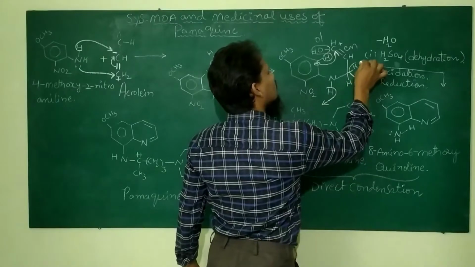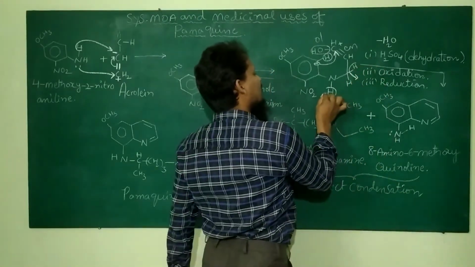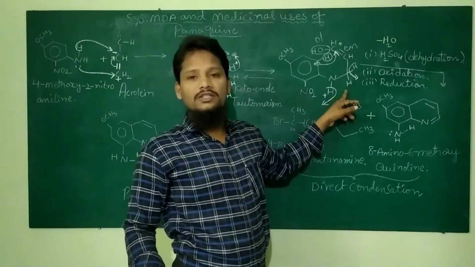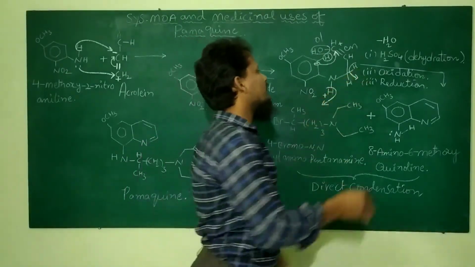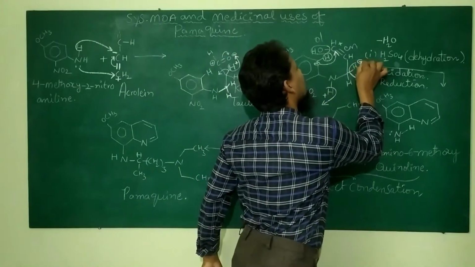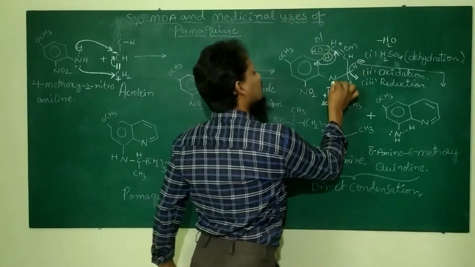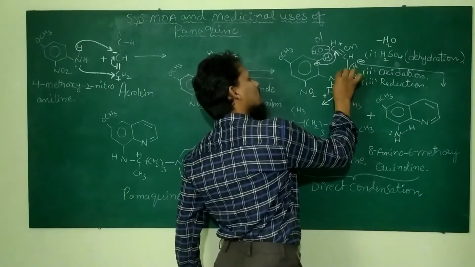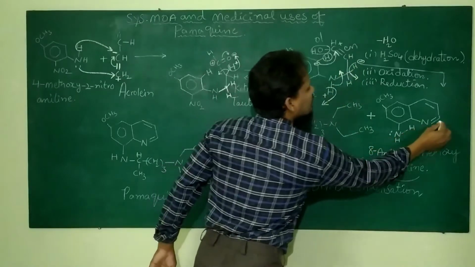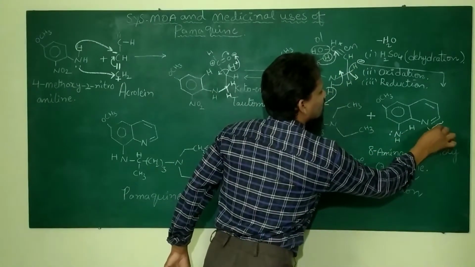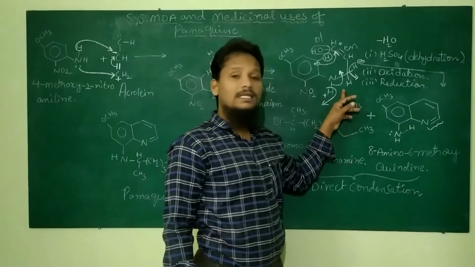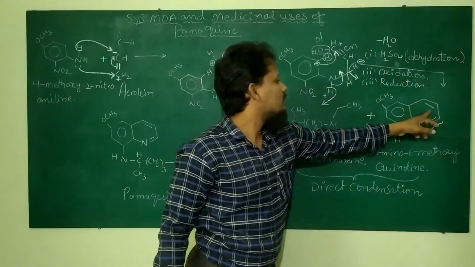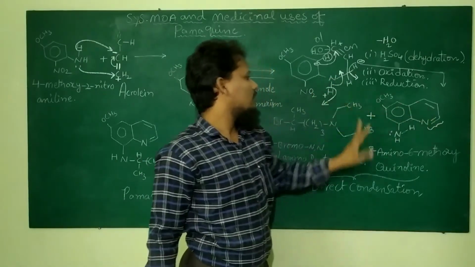Please consider it here. Here we are eliminating the hydrogen in the protonic form. From the nitrogen we are eliminating the hydrogen in protonic form, and from the carbon we are eliminating it in hydride form. Okay. Now these electrons, look at here. Now these extra electrons move into the ring system and generate a double bond. Right. So there is already a double bond, and there is a double bond.